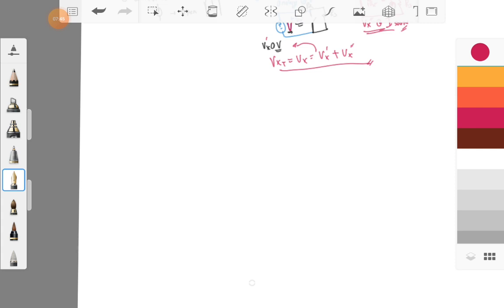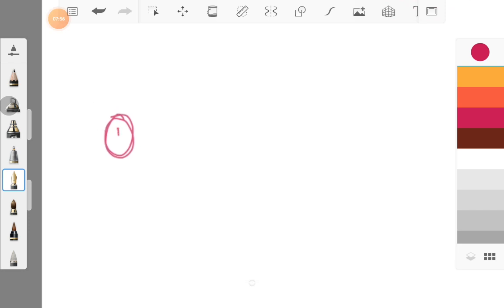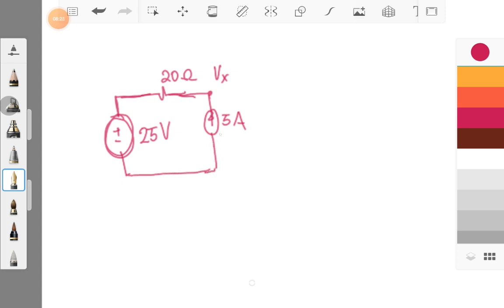Okay, so let's have a 25 volt source. This is an independent source, positive, negative, 25 volts, and then we have our 20 ohm, and then we have our Vx, and a current source, 5 ampere, independent, and then we have our 4 ohm,